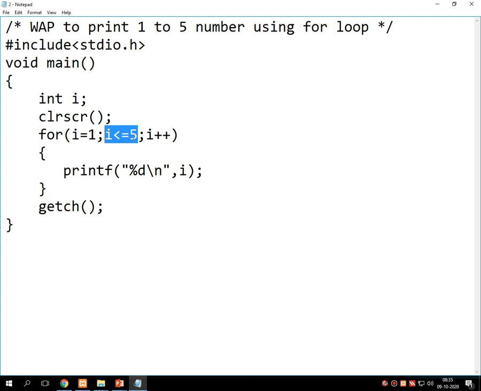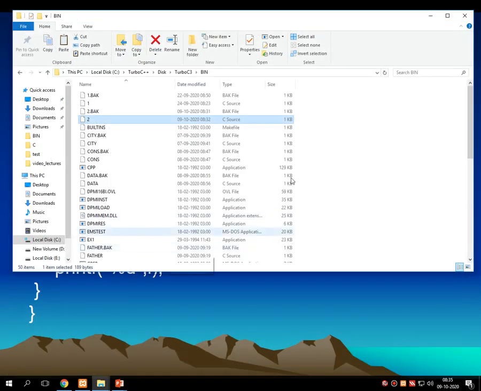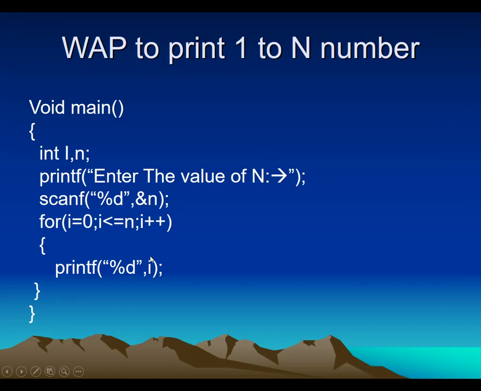So the entire repetition of the program terminates, and on the screen we'll get an output 1, 2, 3, 4, 5 in separate lines. So in this way the for loop will display 1, 2, 3, 4, 5 numbers onto the screen. Now let's practice some more programs.